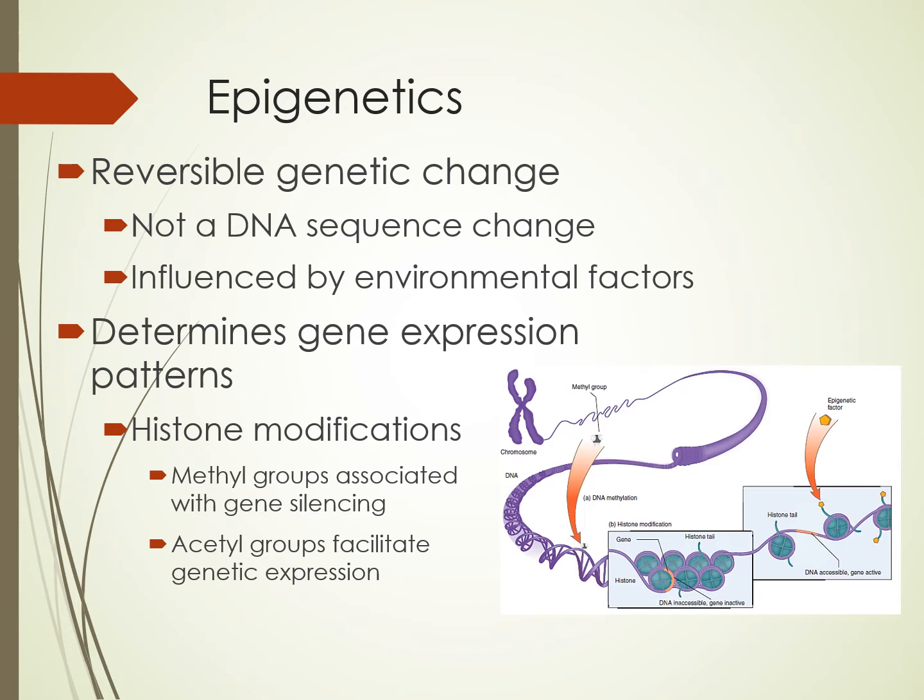If they were binge drinking as teenagers, even if there wasn't a genetic background for alcoholism, their children were more likely to binge drink as teenagers. So what we're passing on as far as this genetic expression is